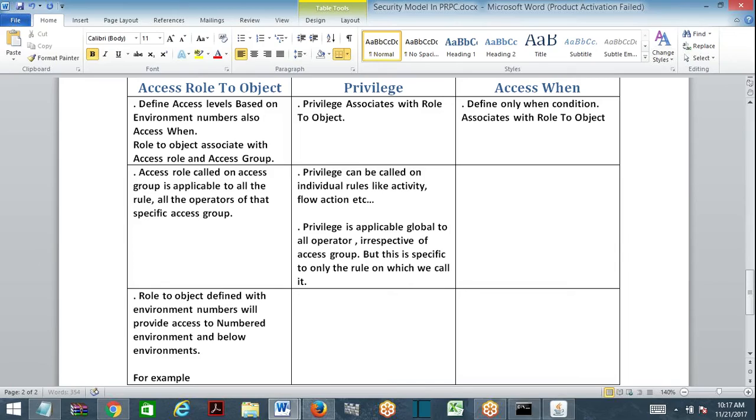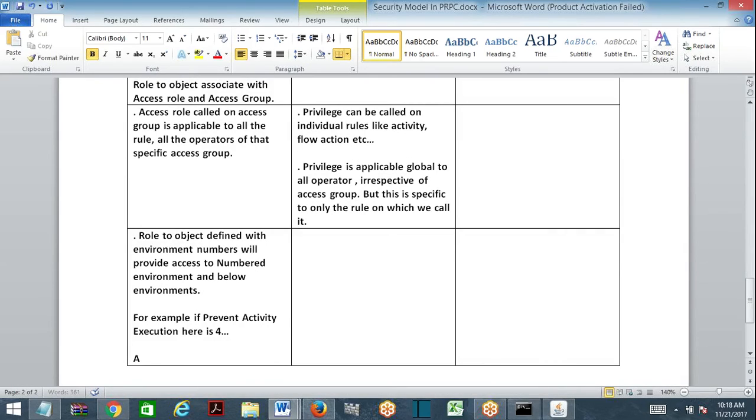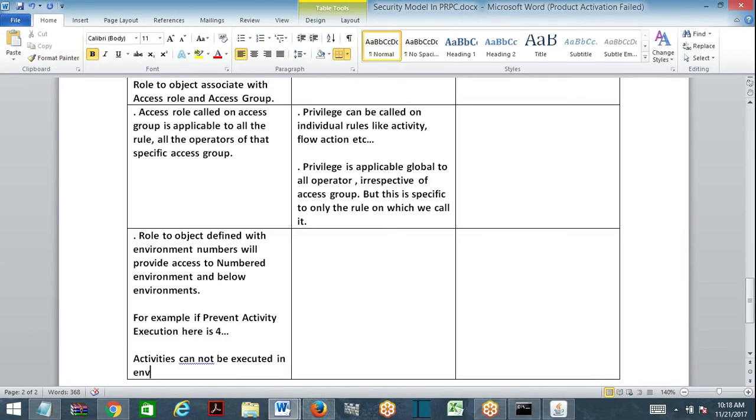For example, if Prevent Activity Execution here is 4, it means activities can't be executed in environments 4, 3, 2, and 1.